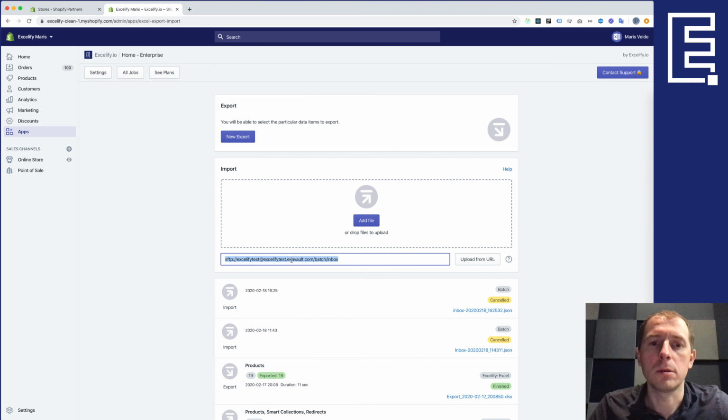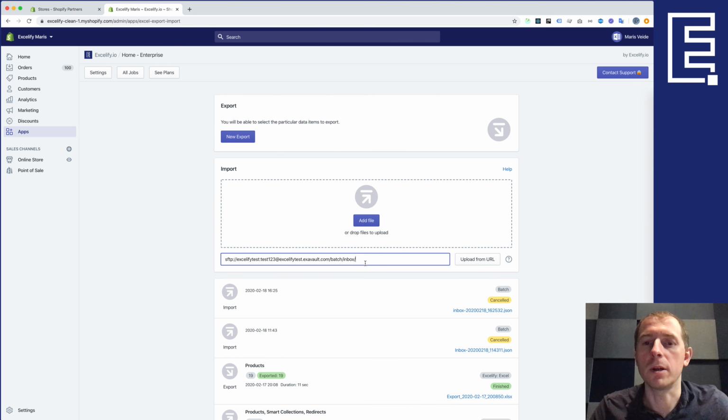and I can go to the Excelify app and I paste the path to this folder. Just notice the structure again. It's SFTP, then comes the username, and I need to add my password. It is a temporary password like this. See the colon, the password, then at server name slash my directory and the subdirectory, basically the full path to my directory. And to be very precise, put the slash at the end so that you know that this is